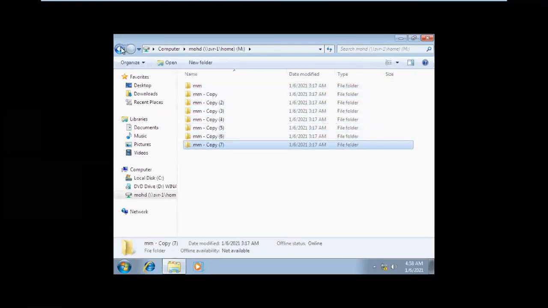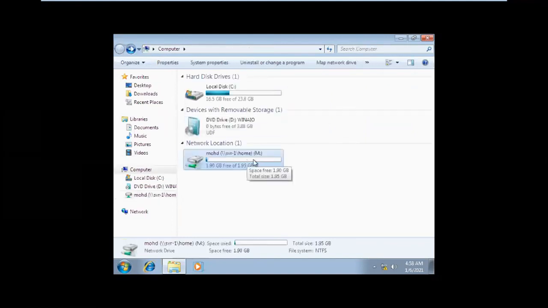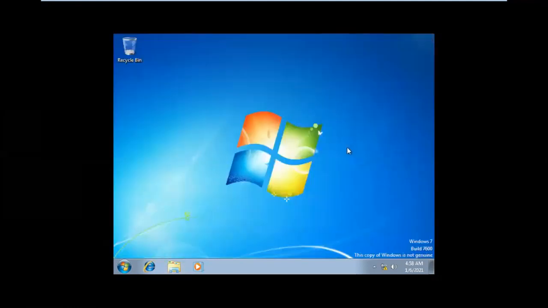Okay, this is my data I store here. Clear? And there is no need to access it with server name, IP address, share folder, whatever, right? Just I open my computer, and I can save. Simple logic. Only this user can see that folder, sir? Yes, only this user, Muhammad. I'm showing you.